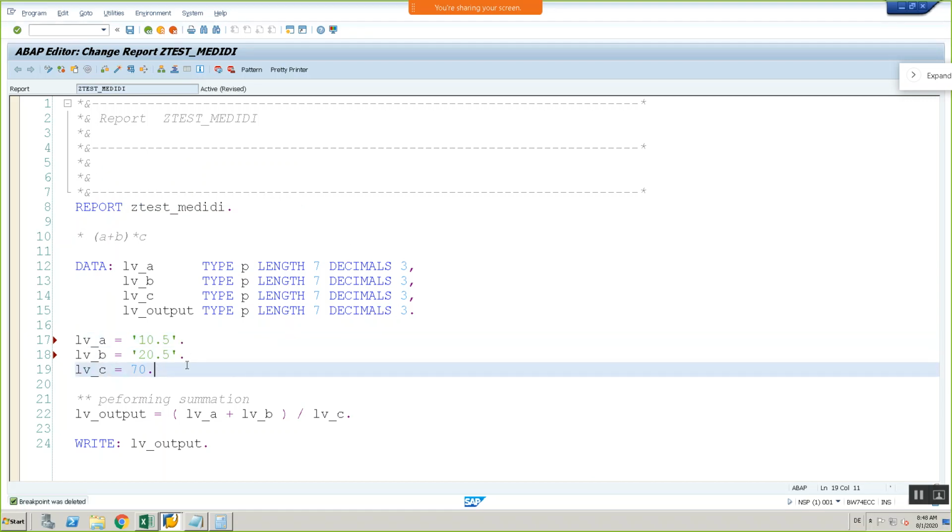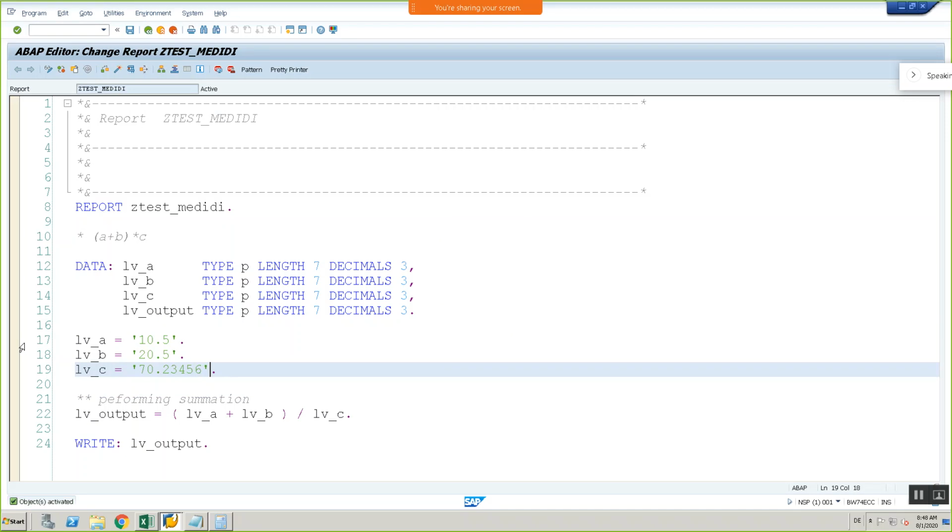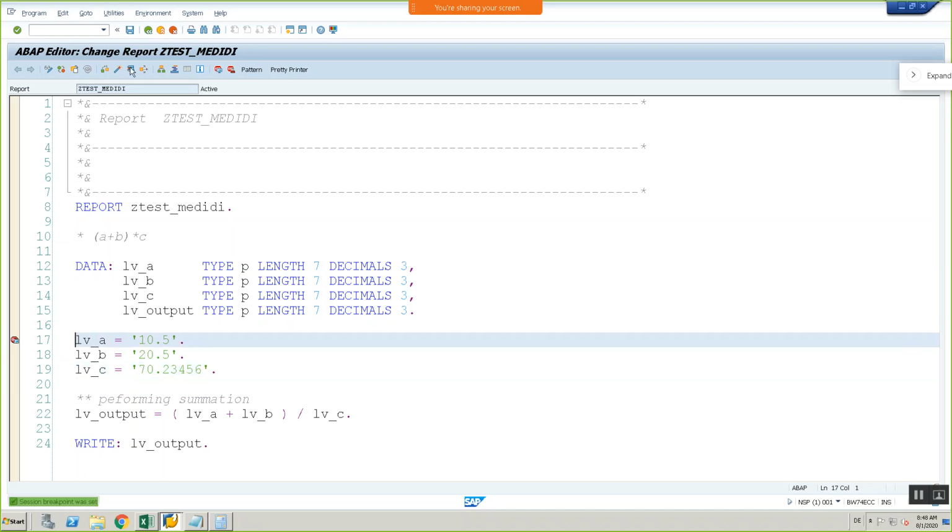So 10.5, 20.5. Whatever the decimal number is, you have to give it in this way. Pretty printer, check, activate. Now let's debug this. Execute.